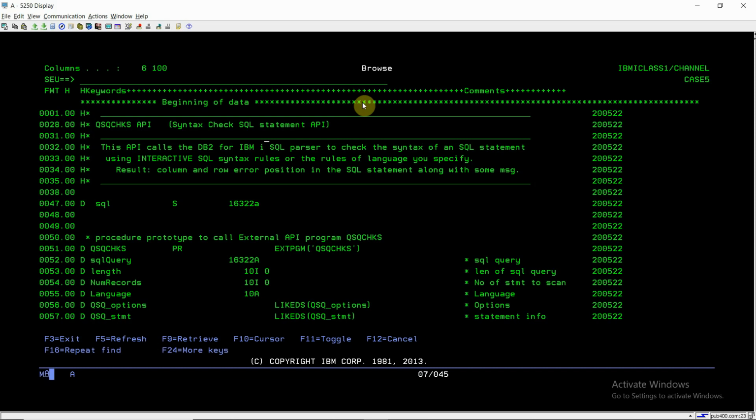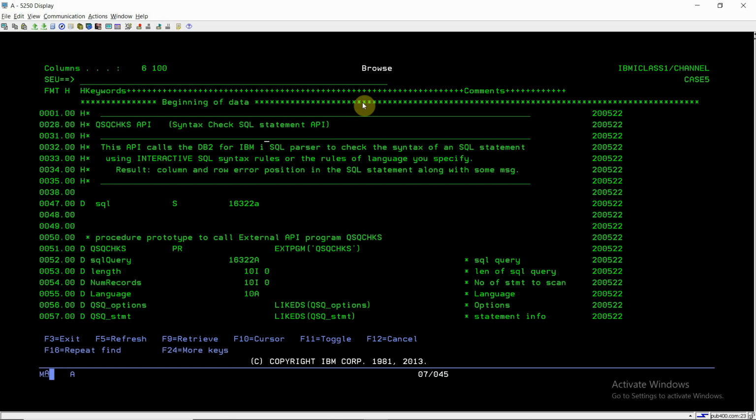That should not be the approach for this requirement. Here we will be simply validating that statement, whether it is correct or not, so we don't need to execute that statement.